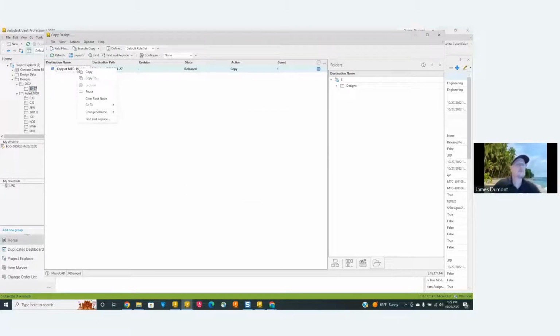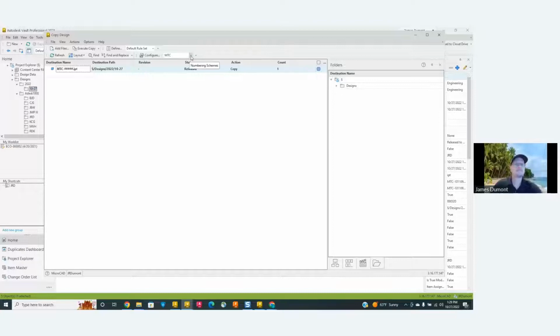So I want to go back to reuse. Now when I go back to copy, it goes back to the prefix. It's not using the numbering schemes. I have to tell it what I want to use. Change scheme to be whatever I want. Now that'll give me the next numbering scheme that I want to choose to use. Now I'll go back to reuse. If you know what you want to do ahead of time, you can just change it here. I'll go to MTC and copy. It'll just give me that value.